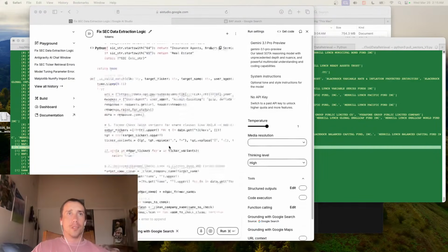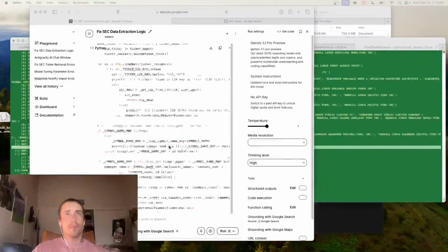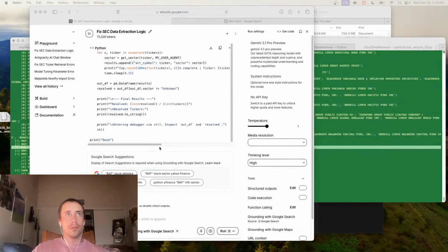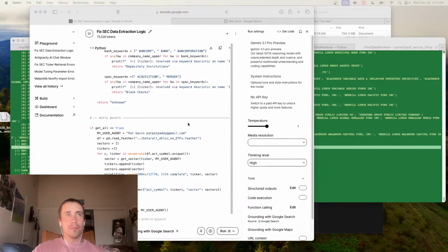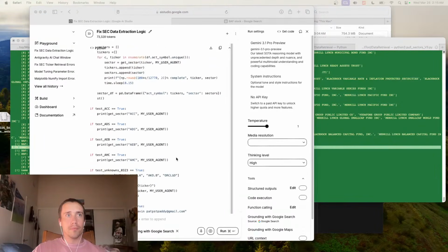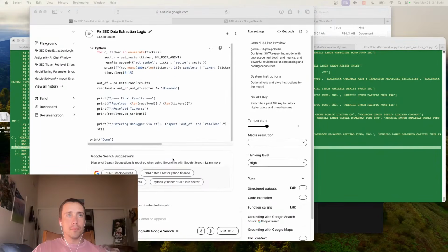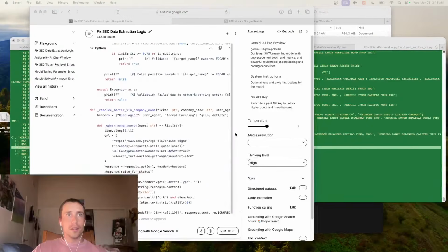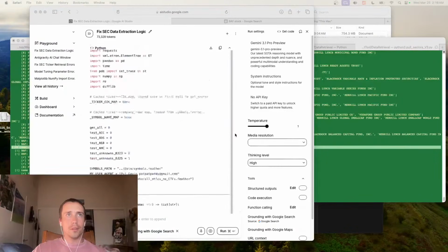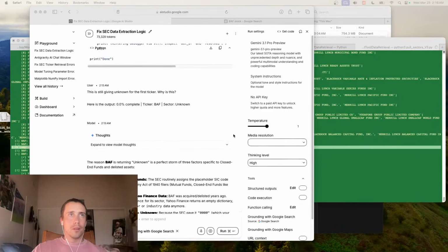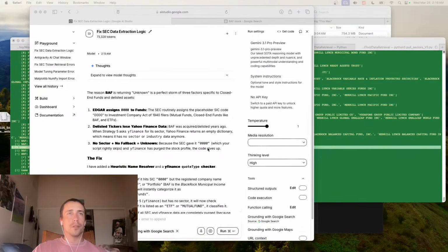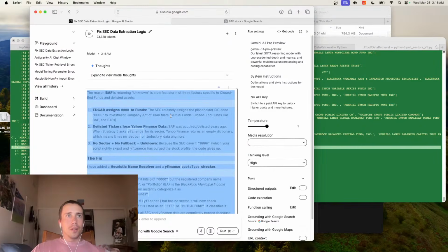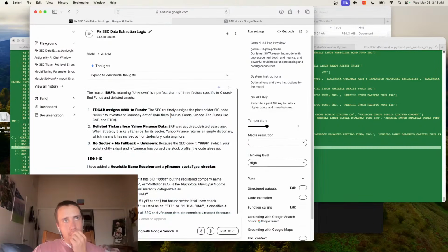Alright, let's see what it says. Whoa. It's a huge script. Did I think I gave it the failure, right? The reason BAF is returning unknown: Edgar assigns delisted tickers.